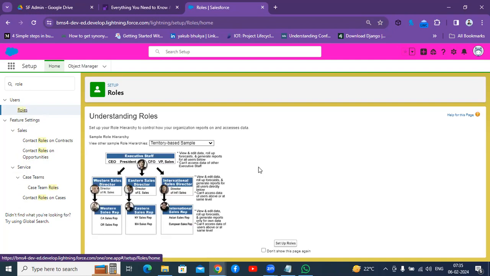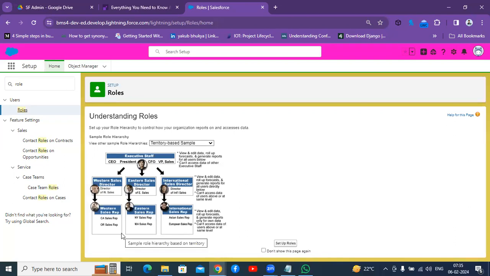See here, you can read the understanding of roles. If you consider any company, it will be like this. At the top level, you'll have the CEO, and under the CEO, we'll have several teams: Western, Eastern, International, and so on. Similarly, under the directors, there'll be sales representatives. It is a standard picture they kept, but this tree might go to more and more depth.